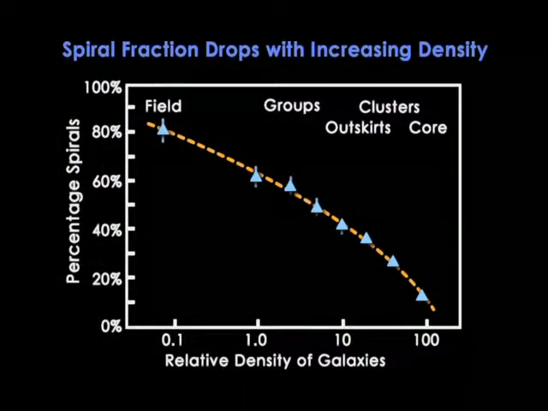Here's a graph of his data, which nicely shows how the fraction of galaxies that are spirals gradually drops as you go from the empty field on the left through loose groups to the periphery of clusters to the centers of dense clusters. It's a steady decline. This graph really confirms that, like humans, galaxies are sensitive to their environment. It matters to a galaxy whether it lives out in the boonies or right down smack in downtown.